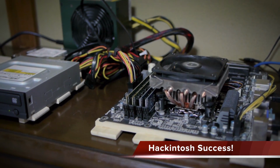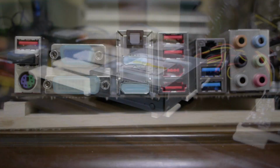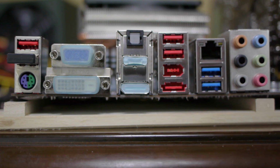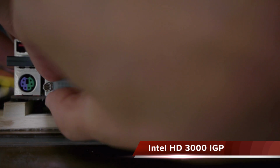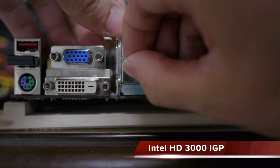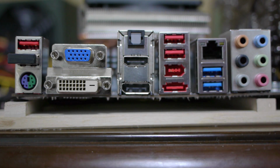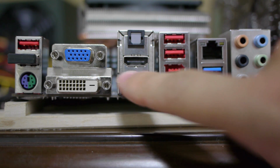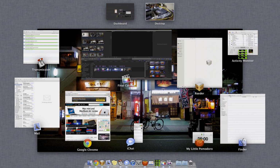Performance-wise, it's close to that of a Mac Pro, and yet it costs me about as much as a Mac Mini. Not bad. So regarding the IGP graphics, if for any reason I don't want to use my video card, let's say I'm building a home theater PC, I can just use the video ports on my motherboard. But to unlock the higher resolution modes, I'll need to install some patches because the integrated graphics by default are limited to a low resolution output. You can find more information about this on the